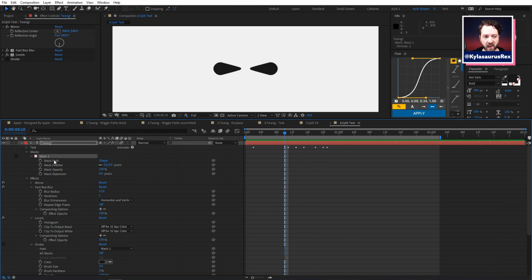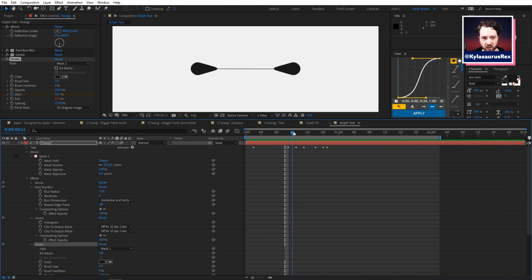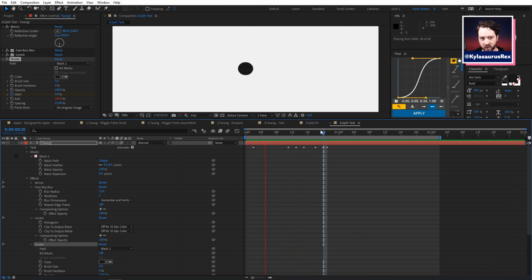And then a thing that I really like to do, notice I did have a mask path here on this text layer that it's actually following. And then you could actually use a stroke effect after all these, so that they're not getting glorped up by the levels, to draw that line. Let me turn this back off. And then I animated the start and end properties there. So bloop, and then drawing that line on as well.